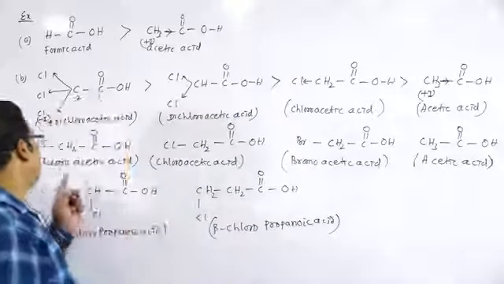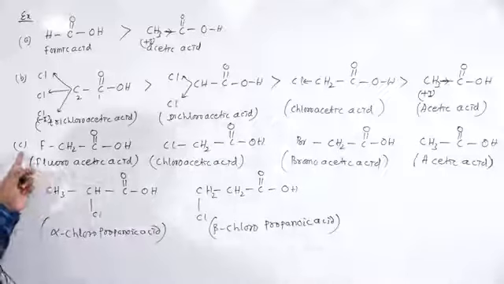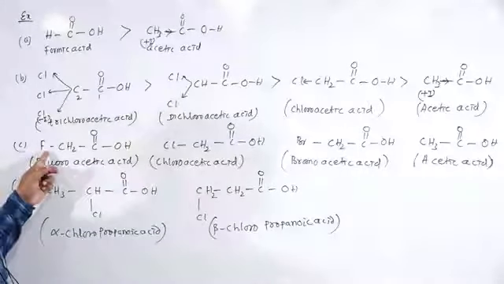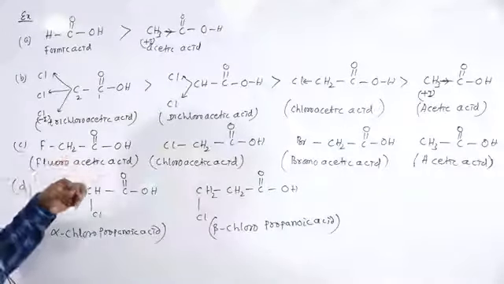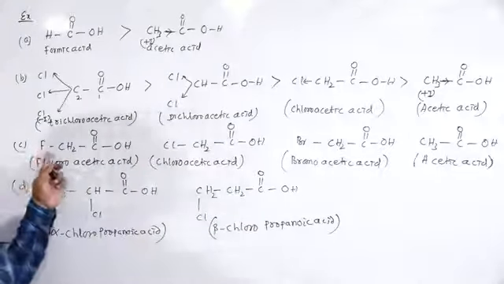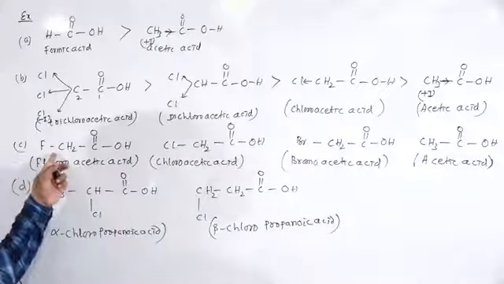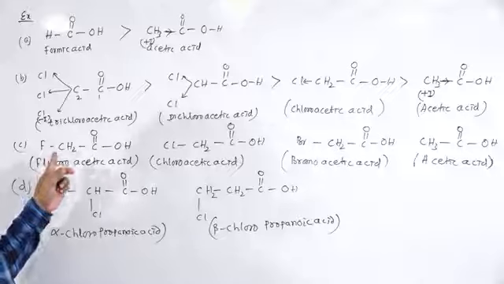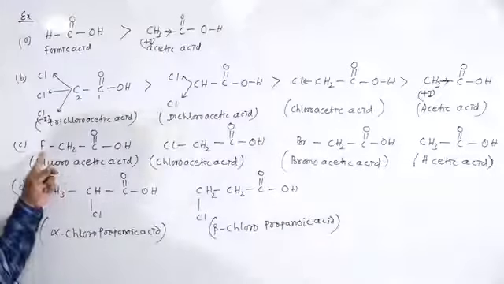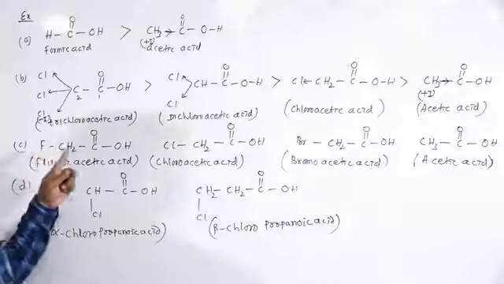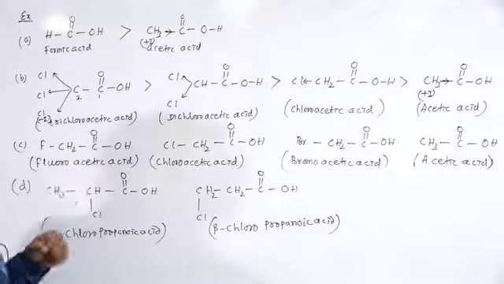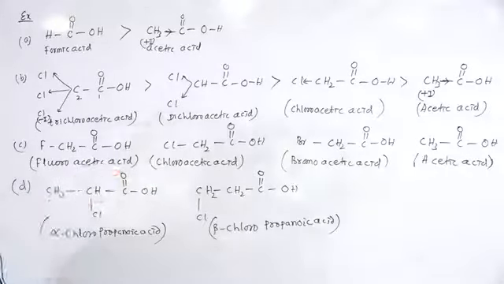Next we'll give the third example, the presence of minus I group in all these cases: fluorine, chlorine, bromine. But what about the electronegative nature of that fluorine atom? Fluorine has the highest electronegativity in the entire periodic table. So fluorine 4.0, chlorine 3.0, bromine 2.8. And the last one is the acetic acid that contains plus I group.